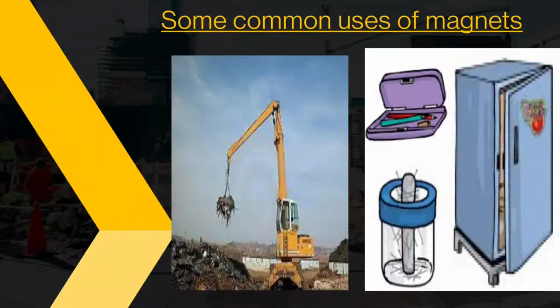You know that in your pencil box also a magnet is fitted. There is no locking system or locking arrangement in your pencil box. The lid just fits tightly when you close it. It means that in pin holders and pencil boxes, some magnets are fitted inside, which you cannot see. So there are many things in our life in which a magnet is used.